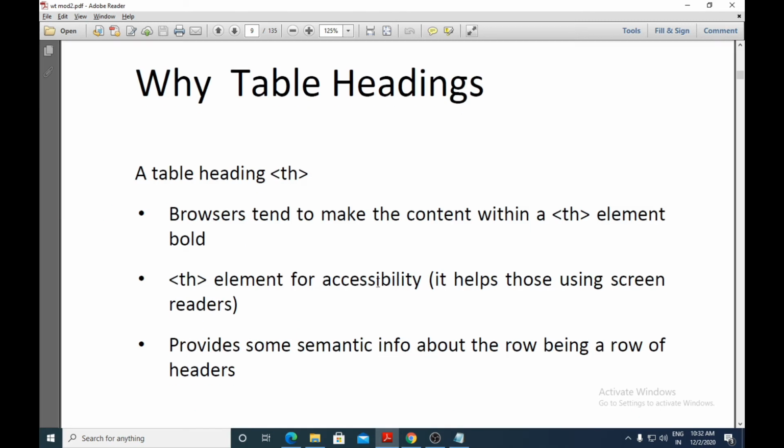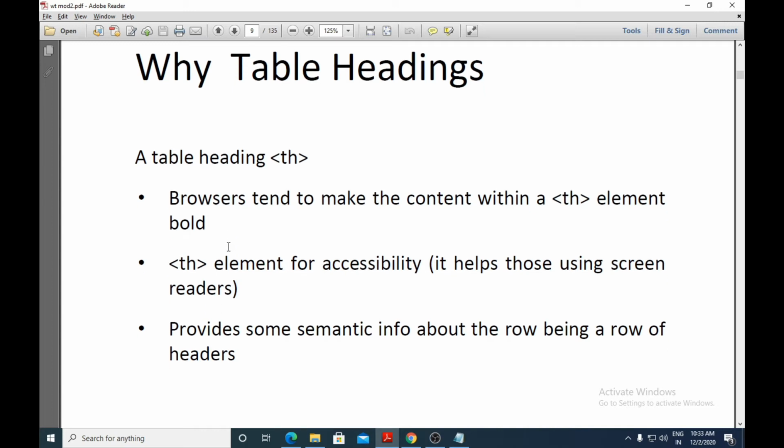Then they have written why you require table headings. A table heading, th: browsers tend to make the content within a th element bolder. So you'll understand what is there in that table. If it is th, it will be considered as a title, and the browser will immediately make it bold. The th element is used for accessibility.